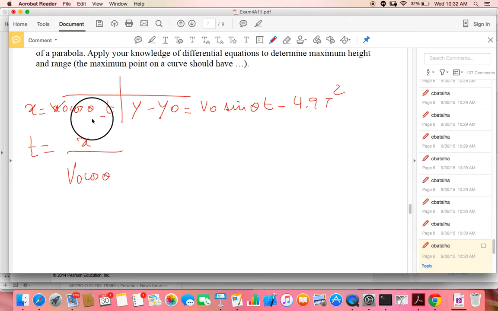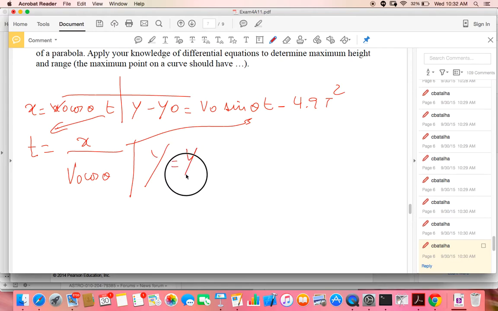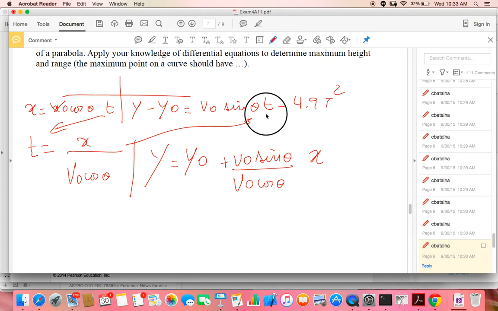So you take time out of this equation and then you plug it right there, so that you get y is equal to y naught plus v naught sine theta divided by v naught cosine theta x. So I'm just replacing t by this expression right here, minus 4.9